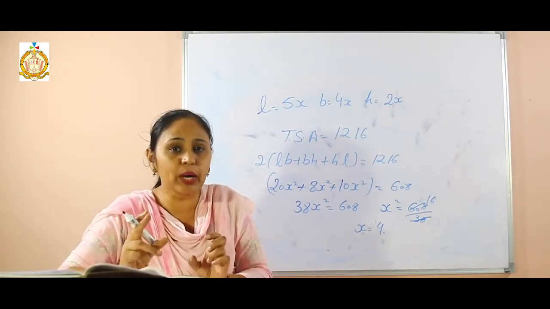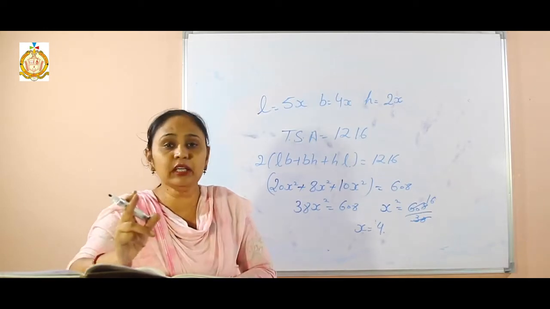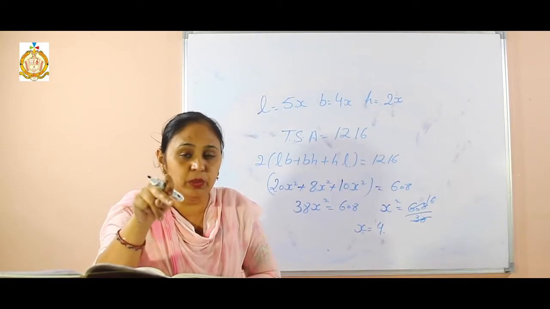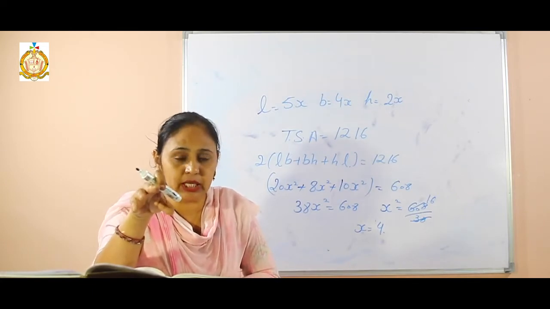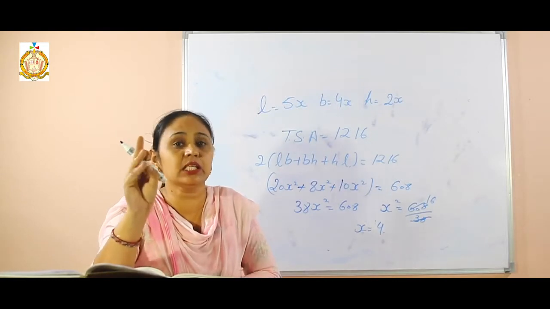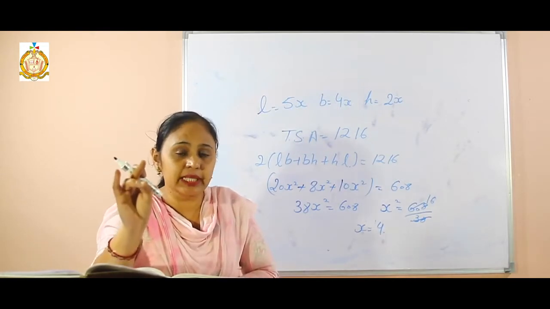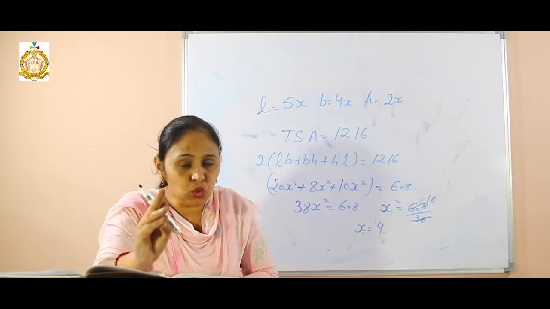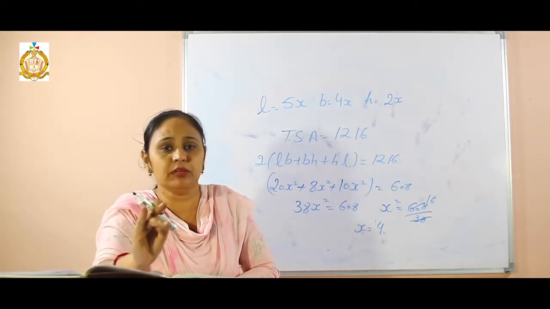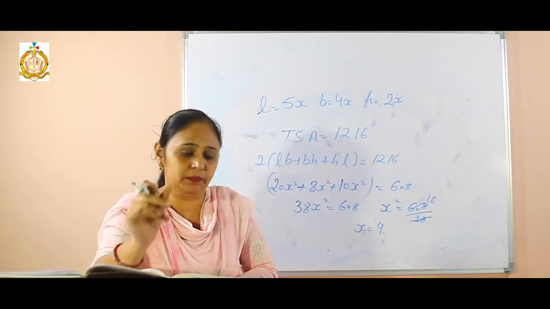That means if one person needs 150 meter cube, meter cube is the volume. That means we have to apply the formula of volume. If centimeter square or meter square is given, that belongs to area. If cube, meter cube, centimeter cube, anything cubic is given, that means that belongs to volume.